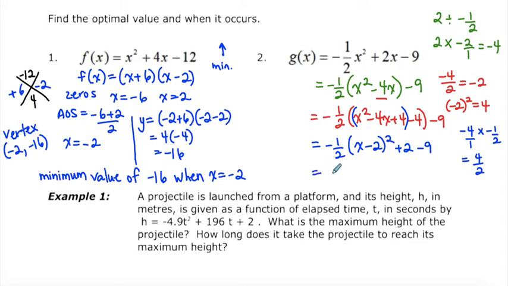Okay. And last but not least, we need to just collect those like terms at the end. So 2 minus 9 is minus 7. So now we can say that we have a vertex at the coordinate 2, negative 7. And what does that tell us in terms of the optimal value? Well, we know that our parabola opens down, and because it opens down, we're going to have a maximum amount. So that vertex is going to be the highest point that our parabola reaches. So we have a maximum value